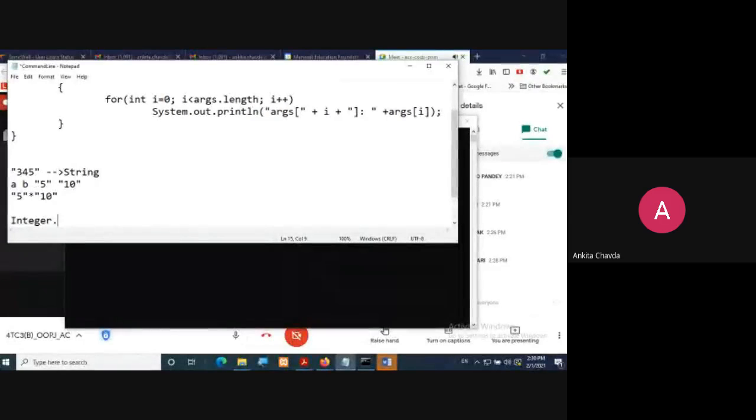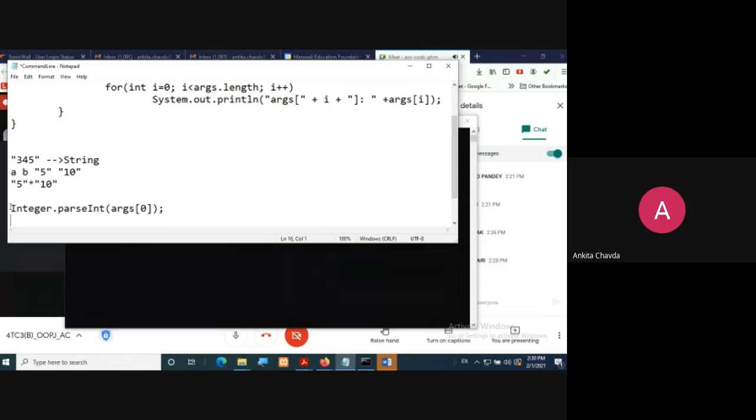First, you write the class Integer, then Integer dot parseInt, that is the function. And here you take args of 0 or something like that, so that will finally be converted into an integer. I'll repeat the same thing in our theory session. Here I'm taking an integer variable, say int a equals Integer.parseInt of args of 0, which was 345, what I gave at the very first.